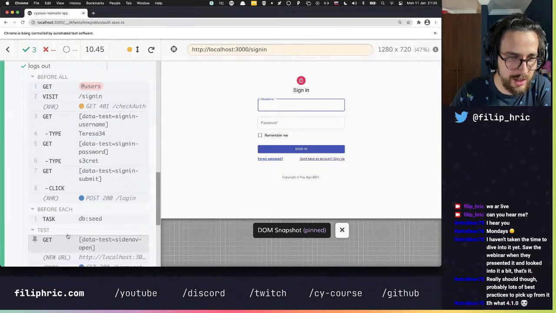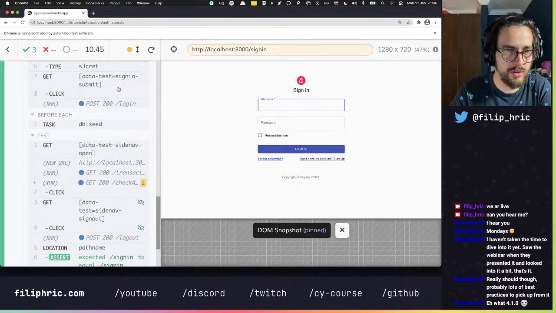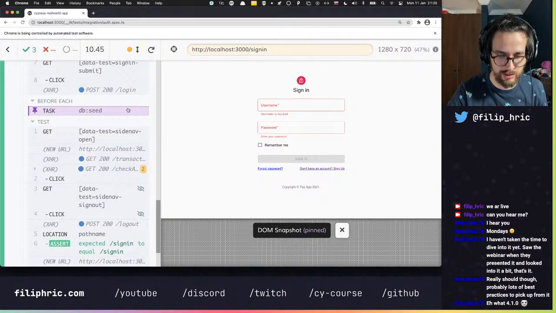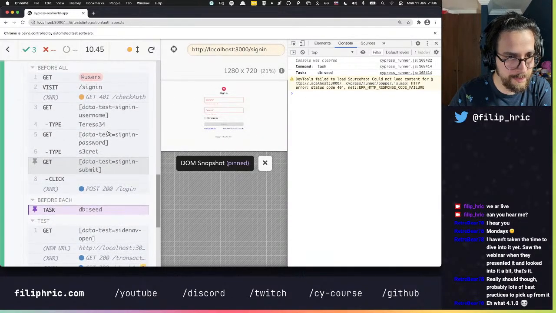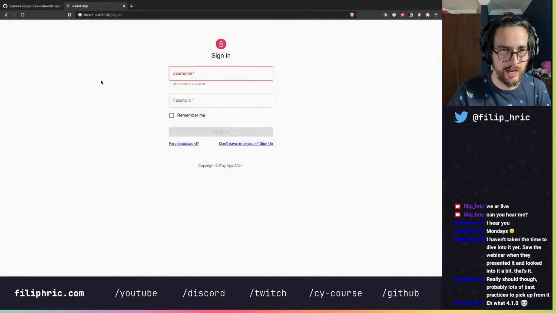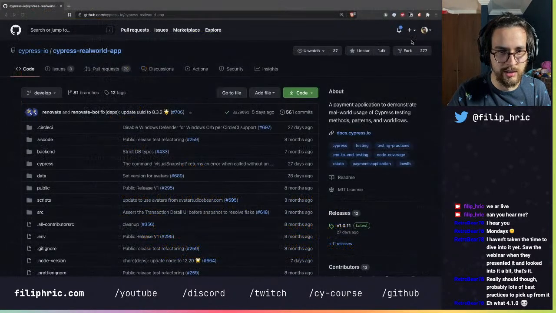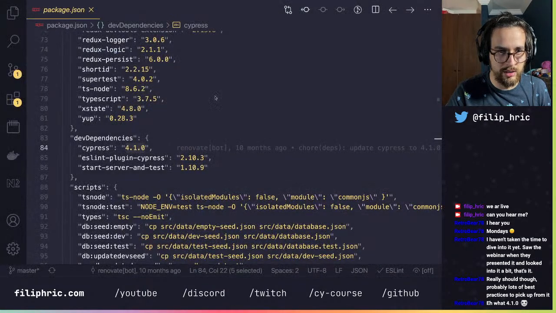Okay, and then we have logout, which will basically log you out, but there is a seed task before that. So probably what's happening here, let's look into that. Let's not jump to conclusions and see what happens in the test. It's the auth spec.